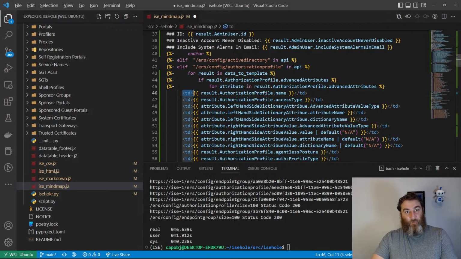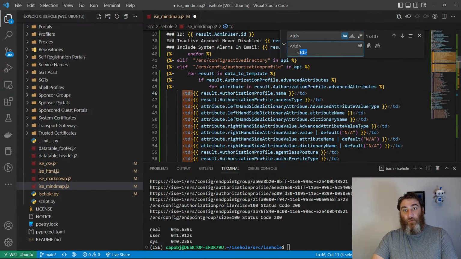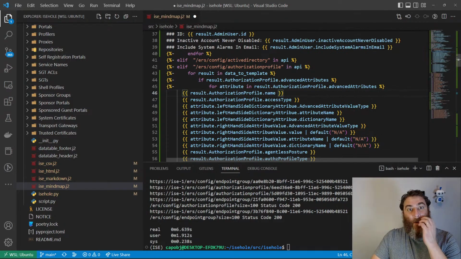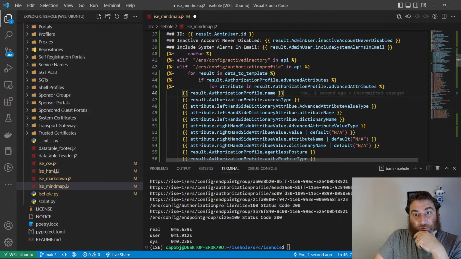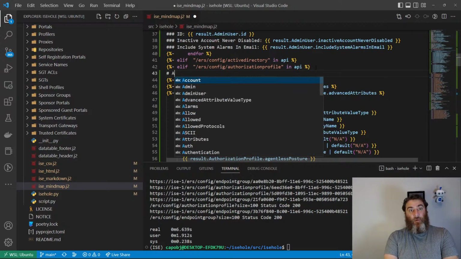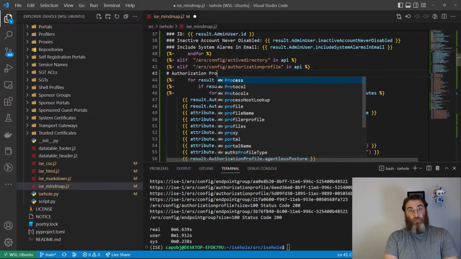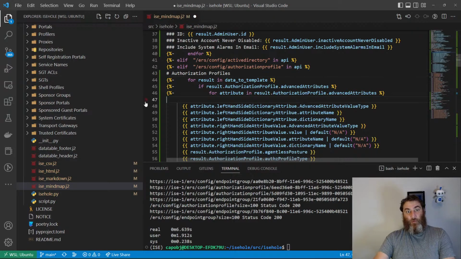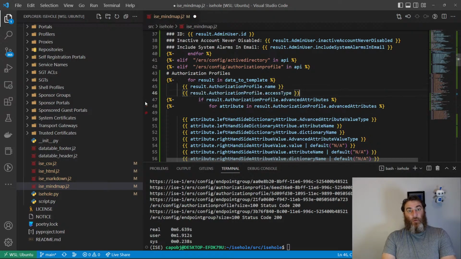And get rid of the TD and the /TD. All right, so now for each result we want, so we need our first header here, authorization profiles, and for each result we're going to put in the name,